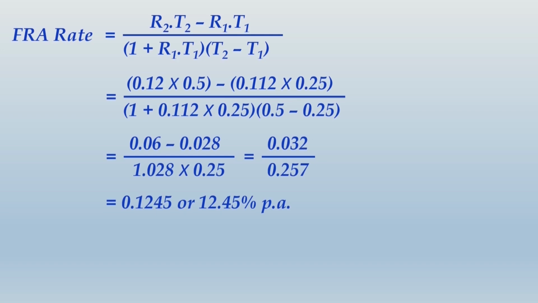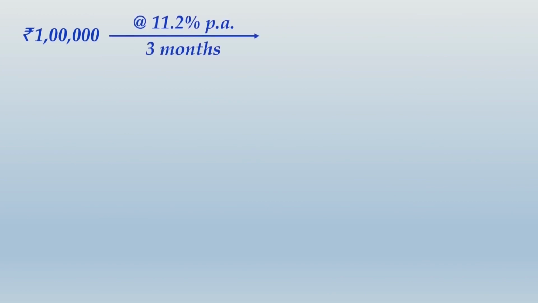After this, we would write up the logic behind this calculation and we would logically determine this 12.45%. In the same way as we did earlier, consider a sum of rupees 1 lakh that we would want to borrow today for a period of 3 months only. So now pick your calculator. Consider 1 lakh as the principal amount, rate of interest as 11.2% and consider that as 3 months time.